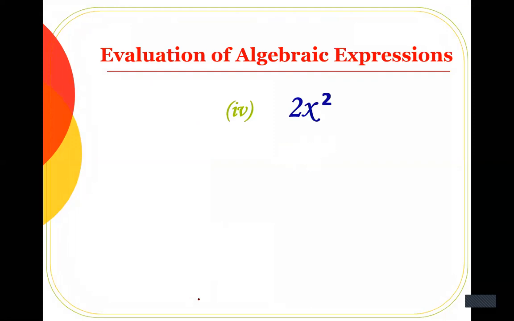Here you have the question 2x square. 2x square means here you have a coefficient. Along with the coefficient, what do you have? A variable as well as an exponent. Okay, now first what you will do,